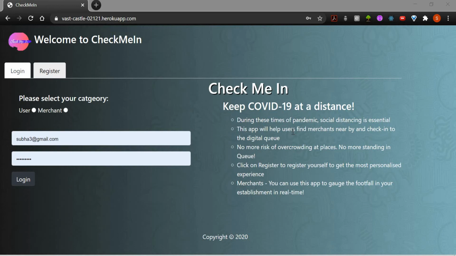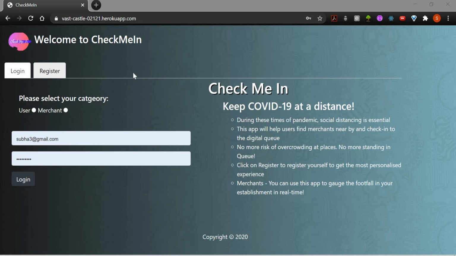And for a merchant, it's very simple. You can register with this application by searching for the establishment on Google Maps, and the backend application will track all the merchant details like address, contact, rating, etc., and automatically autofill them. It will only provide the option to the merchant to update the number of customers that is limited right now to be in the store at a time. And that completes the merchant registration.